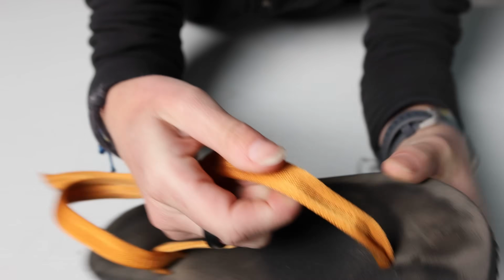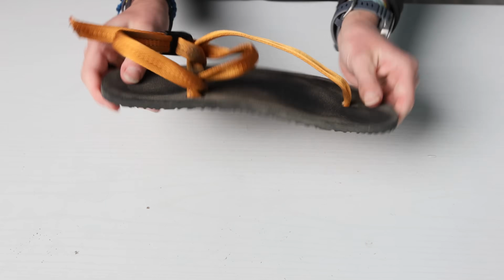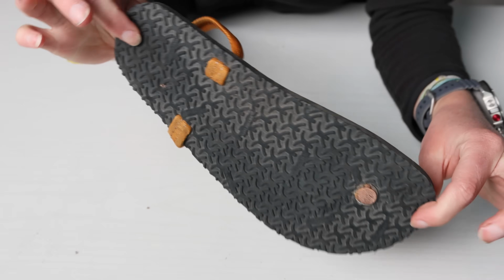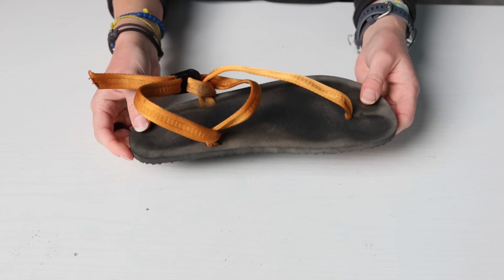But back to performance. Now, because of the thickness of the straps, these are some of the most secure sandals we tested. They don't loosen and they're not going anywhere once they're on your feet. Even when trail running, there's essentially no stretch to them. Now, that also means they might take a little longer to break in, but we think it's worth it